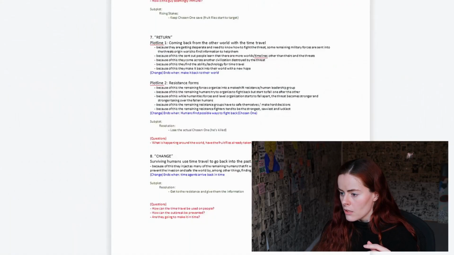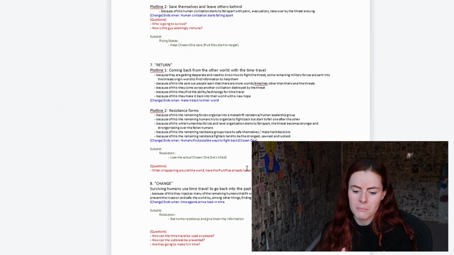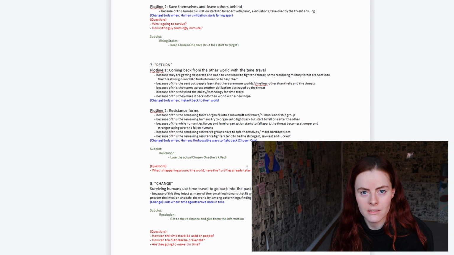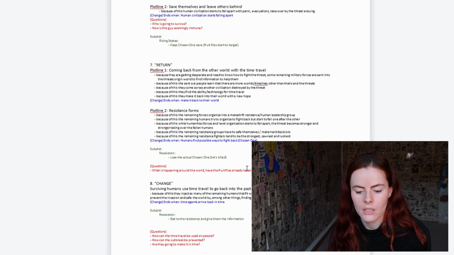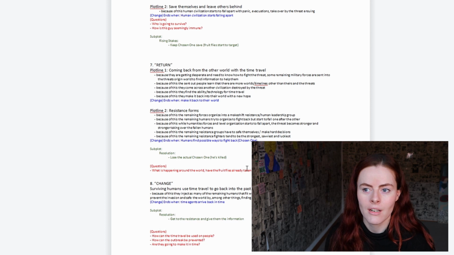Okay, actually, that could be an interesting idea. What do you think of this? What if in the subplot, the chosen one gets specifically targeted by one creature that noticed that he's immune, and that's the creature that keeps following him and his group and in the end kills him before he can make it to the protection of the other humans. And yeah, okay.